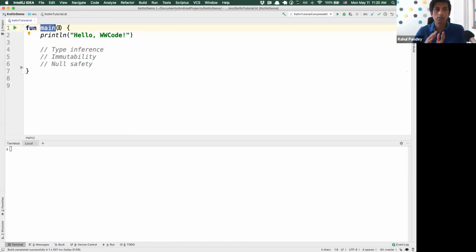The main function is a special function in Kotlin, which means that we can actually execute this. You'll also notice that this is not a function enclosed inside of a class. This is called a top level function. In Kotlin, that's one of the nice things: you don't have to have everything inside of a class. You can have things at the top level. So if I run this right now,